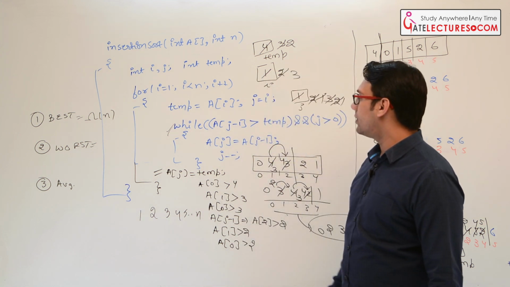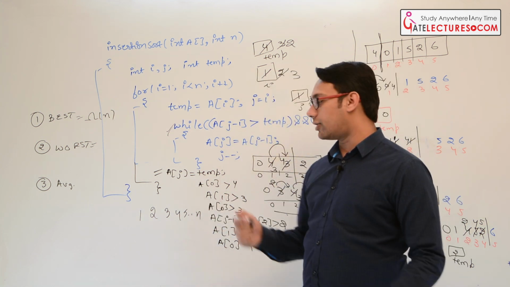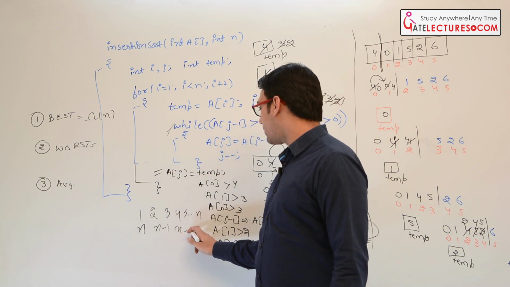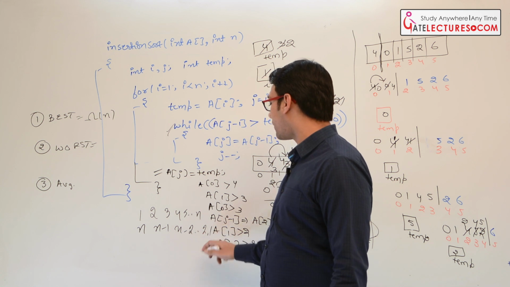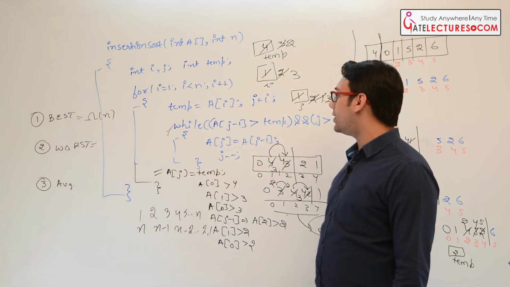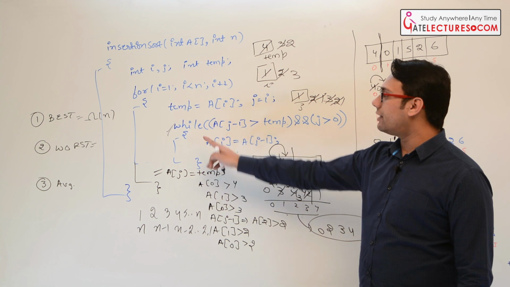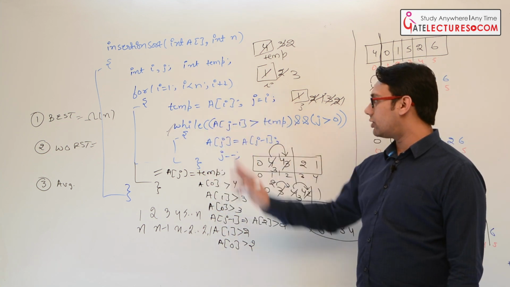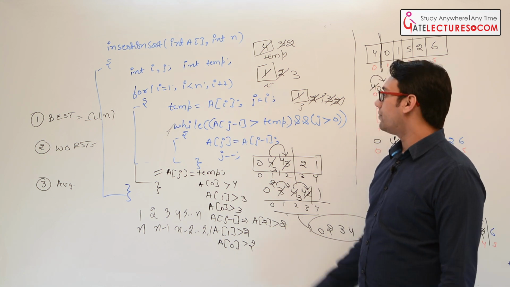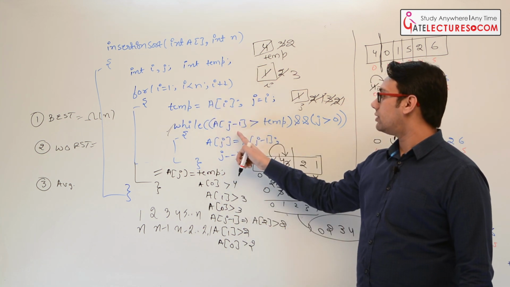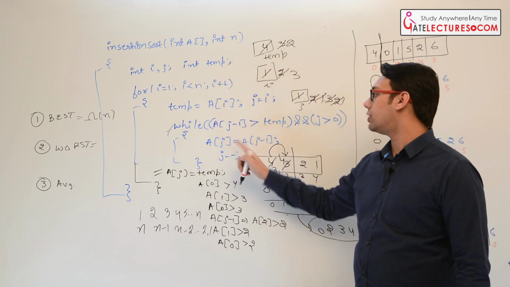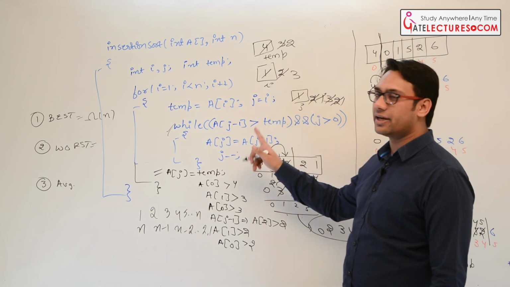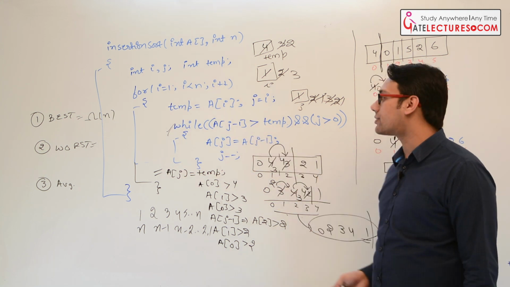Now what will be the worst case? The worst case is when the data is sorted in decreasing order. That means the data is n, n minus 1, n minus 2, and so on up to 2, 1. If the data is sorted in decreasing order, in that case every time we have to execute the while loop and every time we have to execute the for loop. So both loops will execute completely. If the value of n is 1, this will run 1 time. If the value of n is 2, this will run 2 times. If the value of n is 3, this will run 3 times. If you have any problem identifying the time complexity, go back to the time complexity videos.